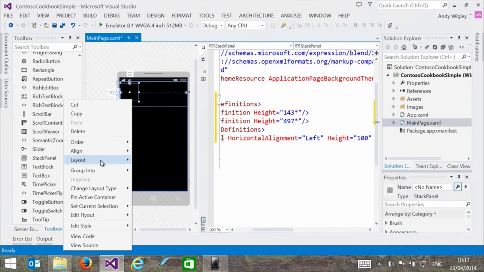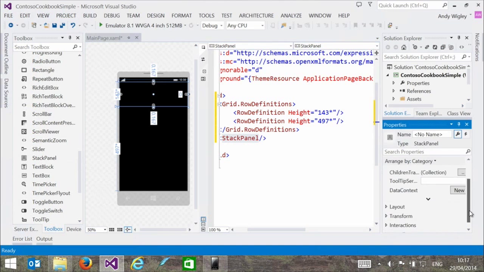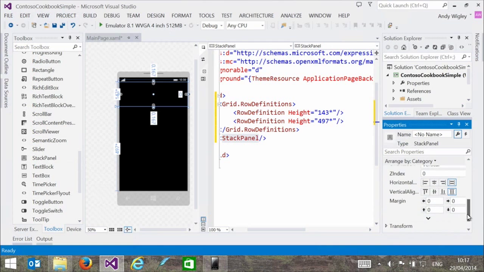So I'm going to fix that by going layout, reset all, and now our stack panel completely fills that top area of the grid. And then I'm going to set a bit of a margin on it so that we offset that so it's nicely laid out. So I'm going to go down here to layout, and lots of properties you can set in here.